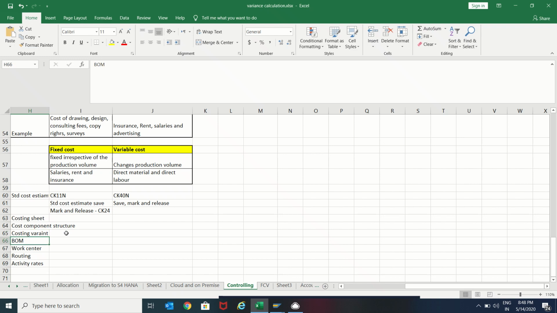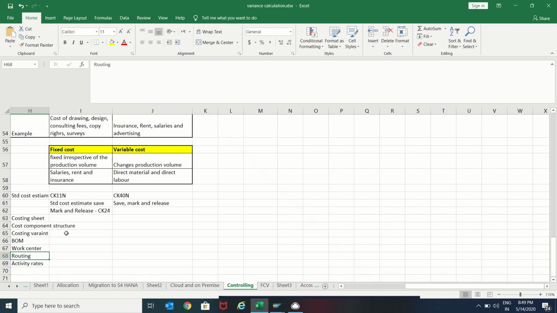In the bill of material or bill of quantity, whatever components are required to manufacture a product, we specify the quantity only there. Work center is the place where the work takes place, like a machine is one work center, and labor is a work center. They are the ones taking care of the finished material.